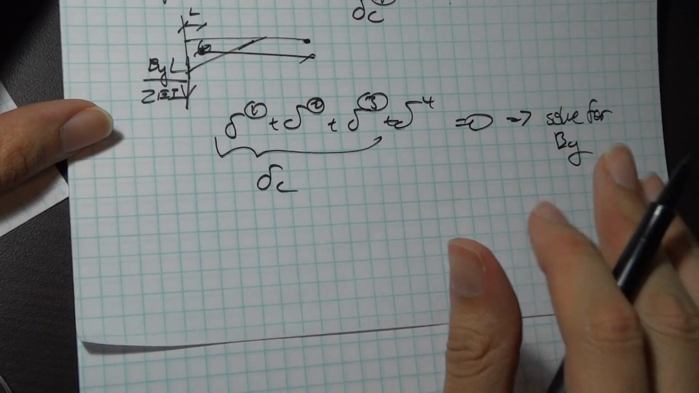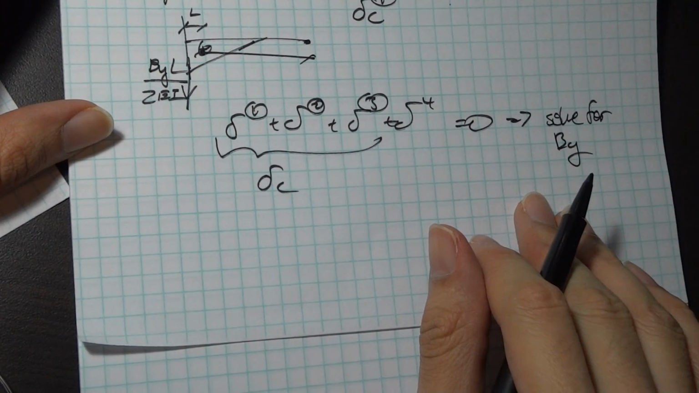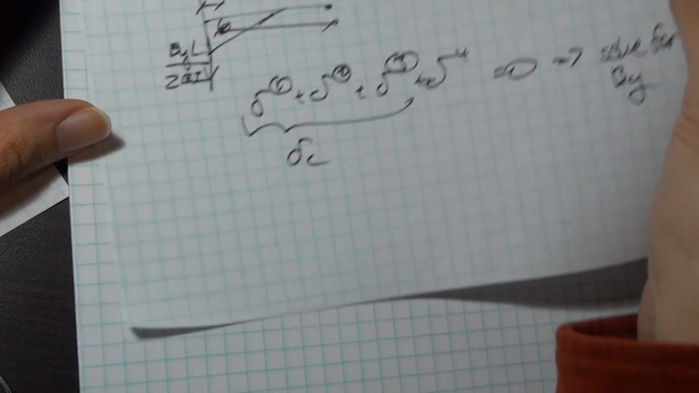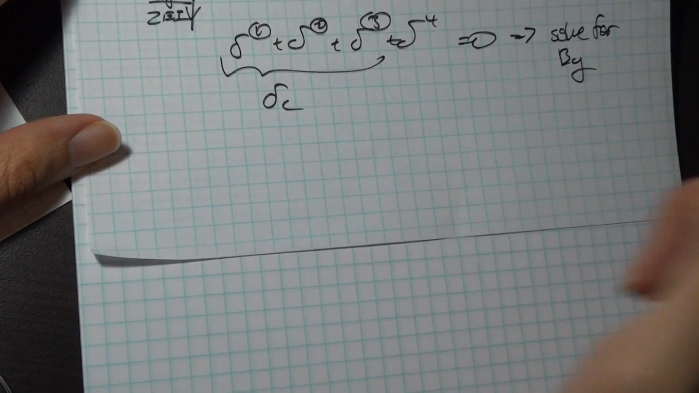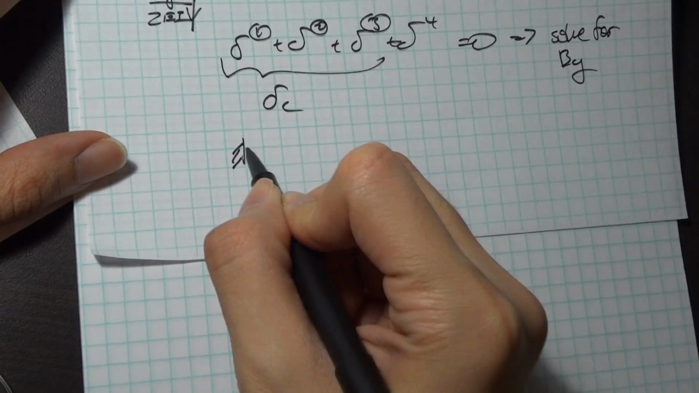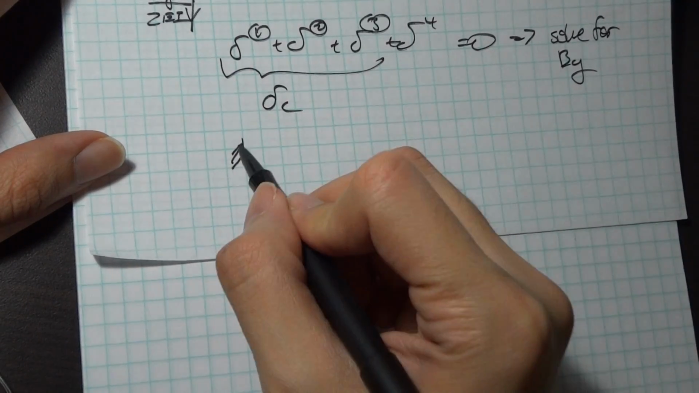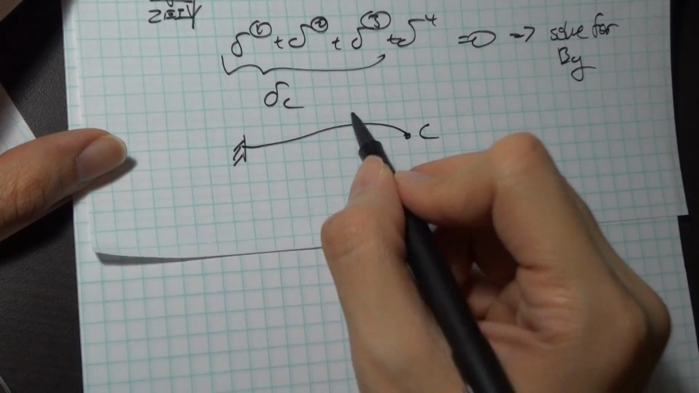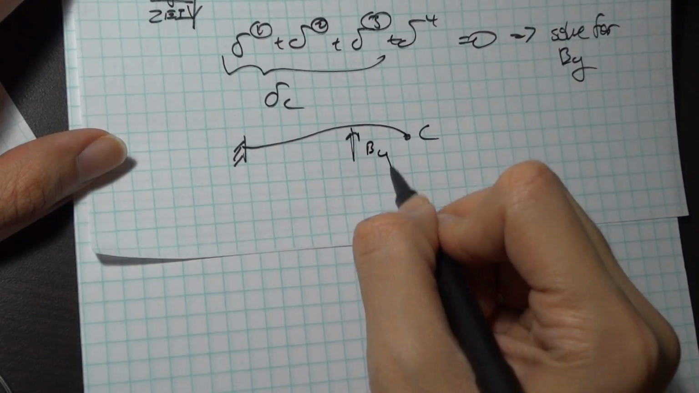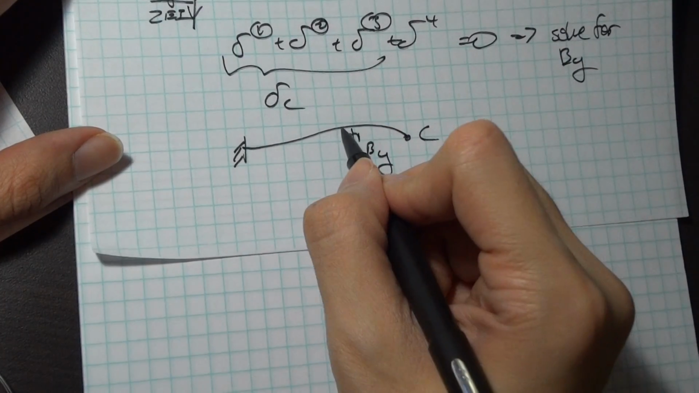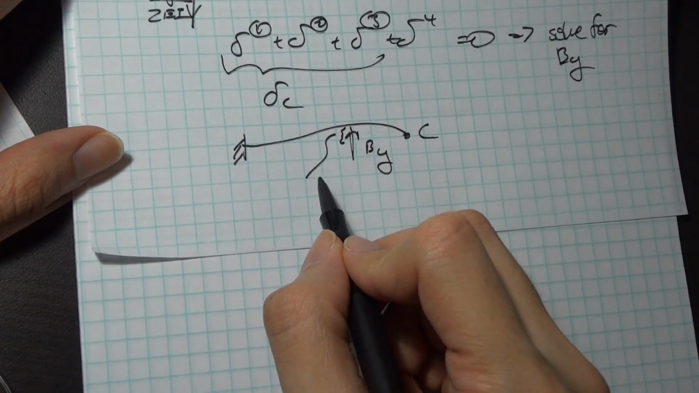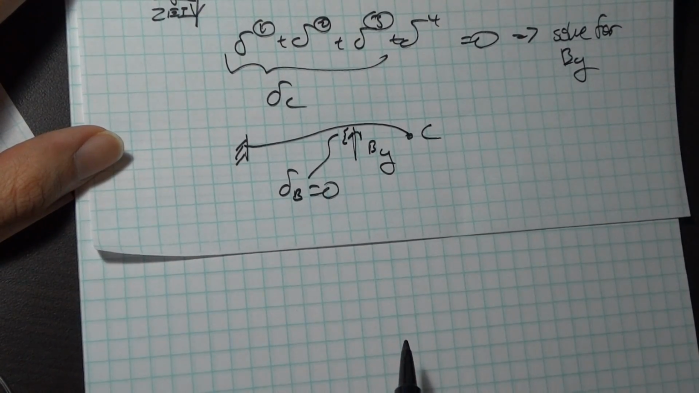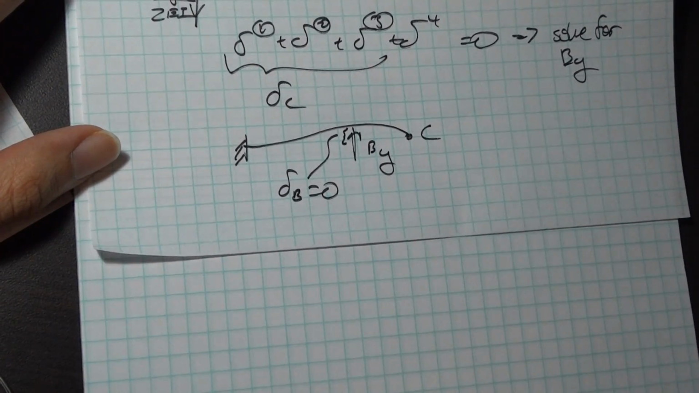Once I have that, I need to go back and find out what the deflection at B is. So my deflected shape is going to look something like this. This is C. I have 0 deflection here. I'm applying my By out here. I need to find out what this deflection is as well. And this one,